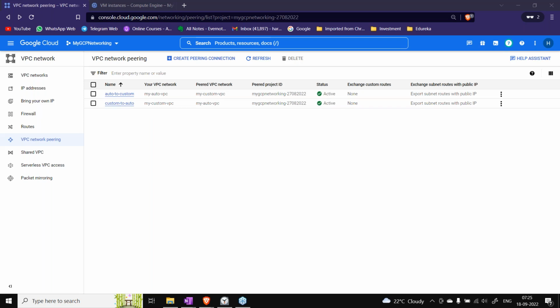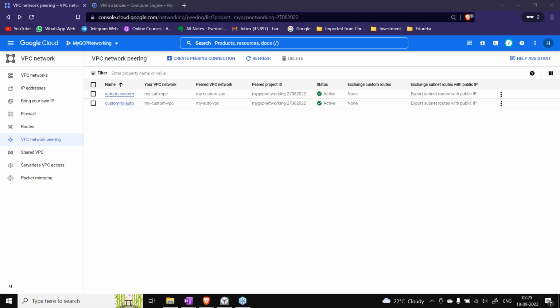Rajendra, what permissions are needed for peering? You don't need any special ones. As long as you have VPC creation permission, you will be able to do the VPC peering as well. So you can go to the IAM and check for the VPC, and then check what permissions are required for creating the VPC network itself, and the same permissions would also let you do the VPC peering.